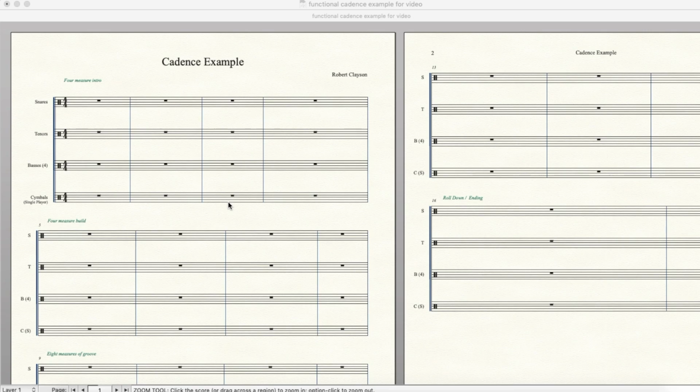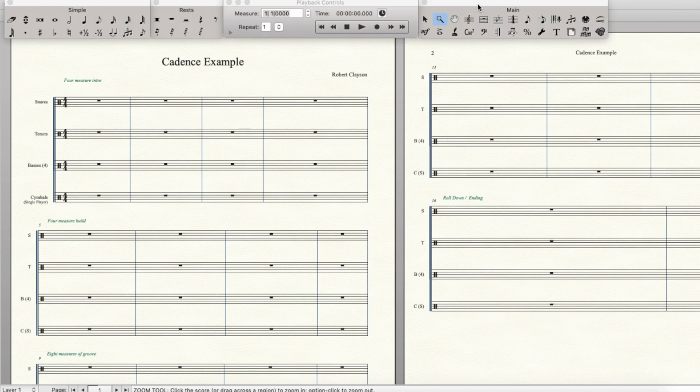All right, so this video is going to be a guideline through the process I go through whenever I want to write something easy and functional that sounds relatively good for drumline. I find the easiest way to do that is through writing a cadence. So we're going to write a standard 16 bar street beat or entrance cadence. Later, in another video, we'll see how I would expand that into a more lengthy, advanced piece. But today, we're just going to focus on: I need a cadence and I need it